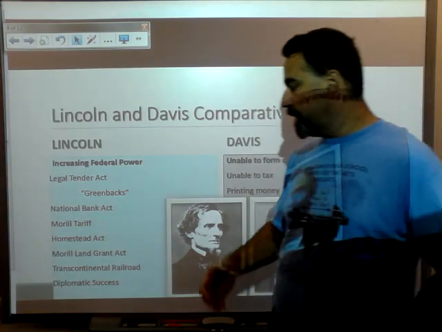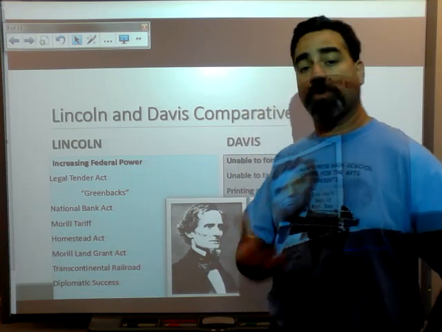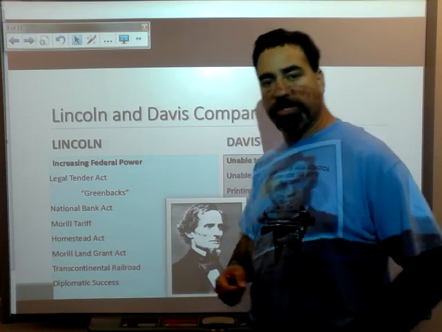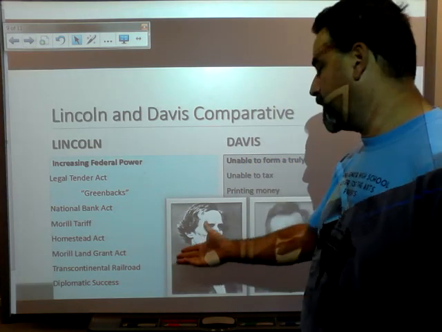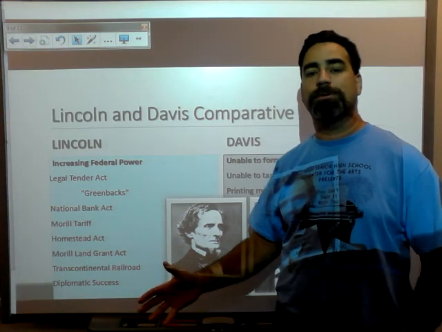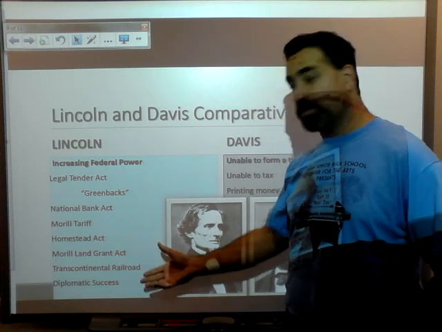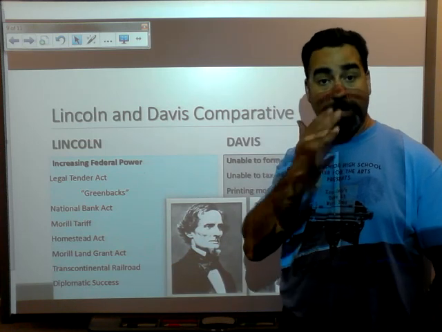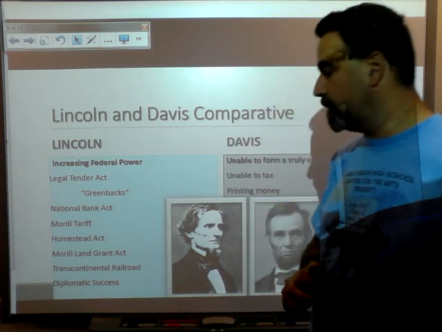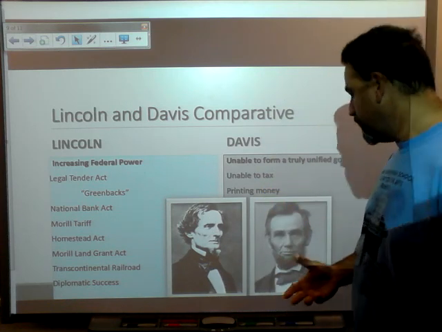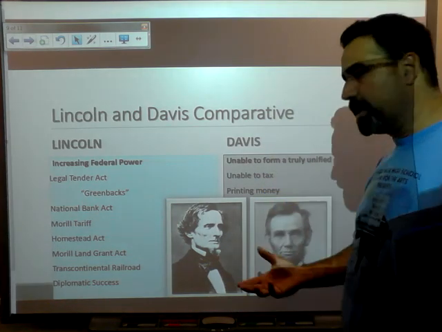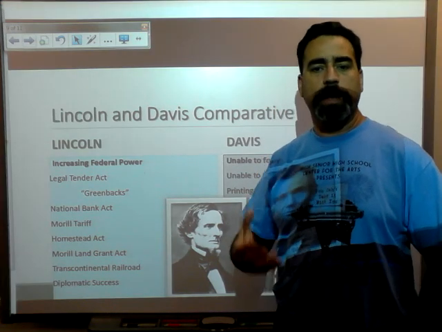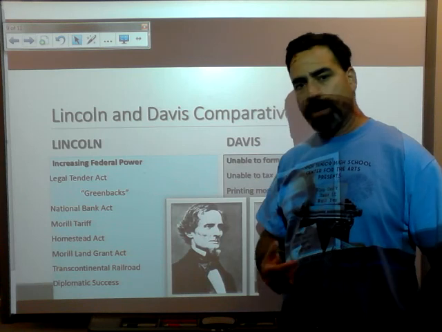Also, along with that, we'll create a Morrill Land Grant Act, which is going to create land grant colleges in these new territories. We're going to charter the Union Pacific and the Central Pacific Railroads to build the Transcontinental Railroad. We're finally going to try to build this Transcontinental Railroad that had been eluding us for so long.